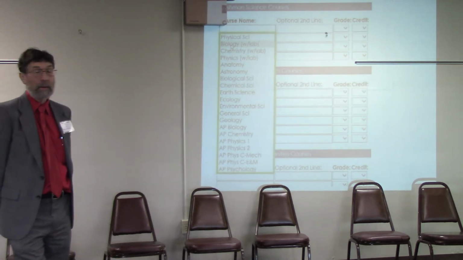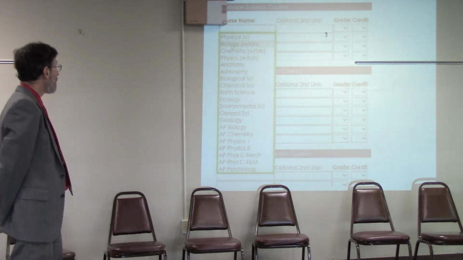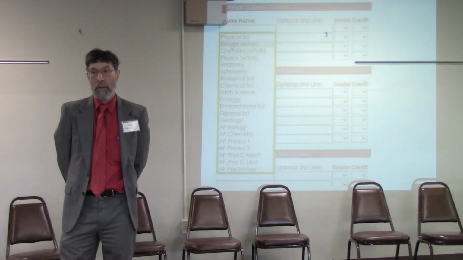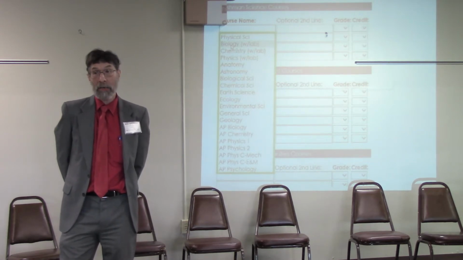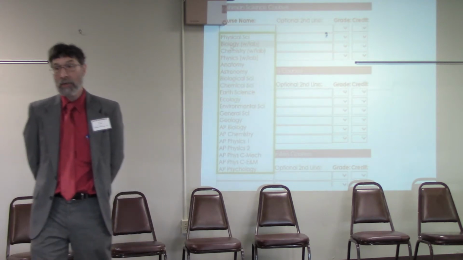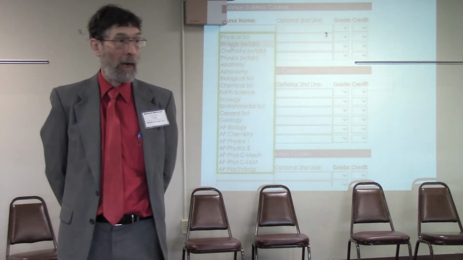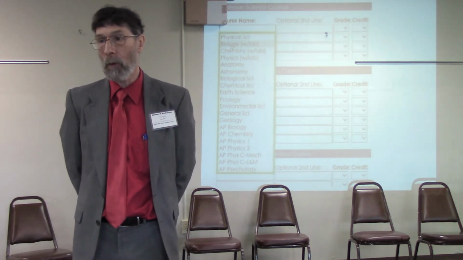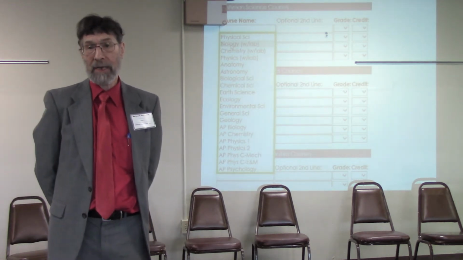Physical science, biology with lab, chemistry with lab, physics with lab. Why do I put specifically with lab? Well, we have right in the bylaws that if you do biology, chemistry, or physics, they have to have a lab component. That means at least 3 hands-on experiments, you can read it right in the bylaws. With biology, they're usually dissections or microscope work. There's a lot of things that they can do that are very accessible at home.